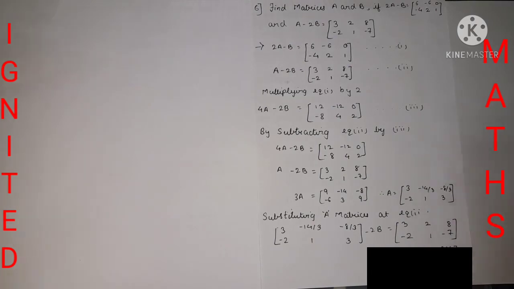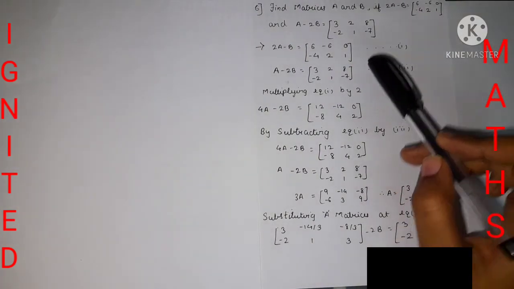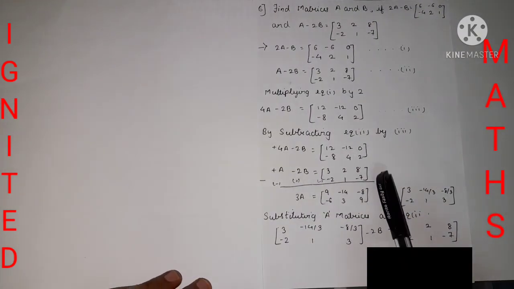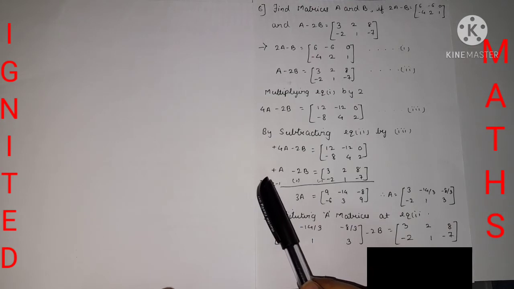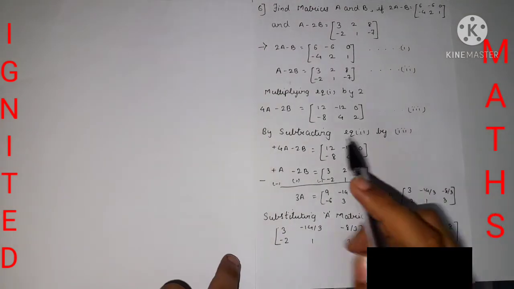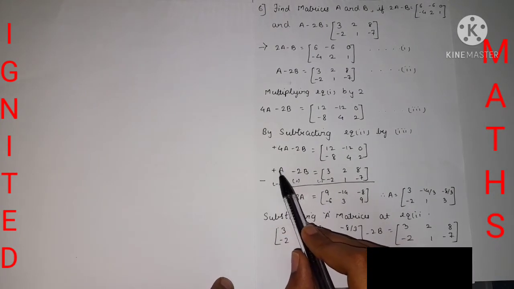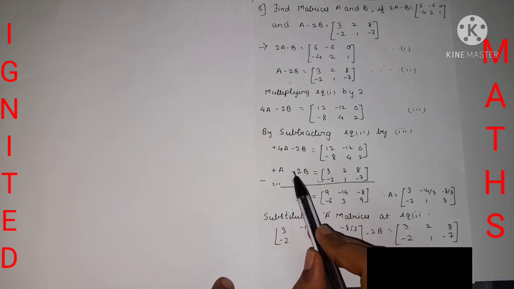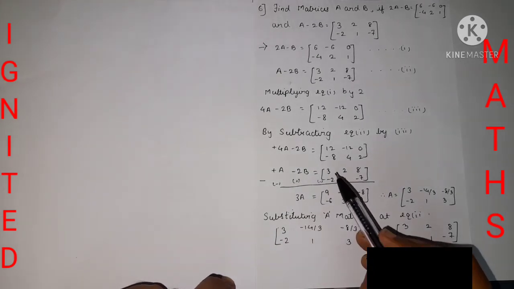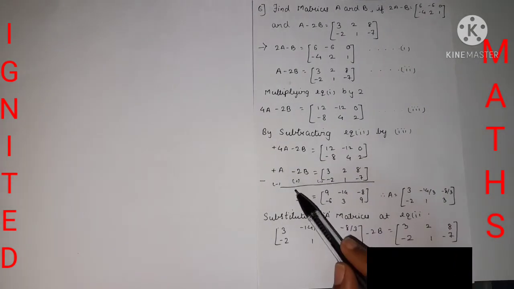The same trick we are going to apply over here, but with equation 3 and 2 terms I have written, and we need to subtract. While doing the subtraction of two equations, we need to change the sign. Over here plus sign is there at the A, so I will take it as minus. Over here minus, so plus. Over here plus, so I will take it as minus. While doing the subtraction we used to change the sign. This is the rule of it.